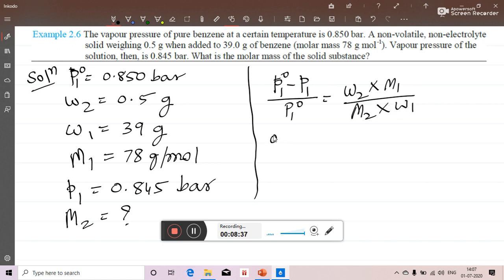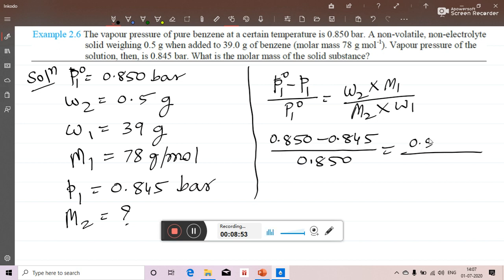Now P1 naught is 0.850 minus P1 is 0.845, divided by P1 naught, that is 0.850, equal to W2, the weight of solute, 0.5, upon the molar mass of solute, which we have to find out, M2, into the molar mass of solvent, 78, divided by W1, that is